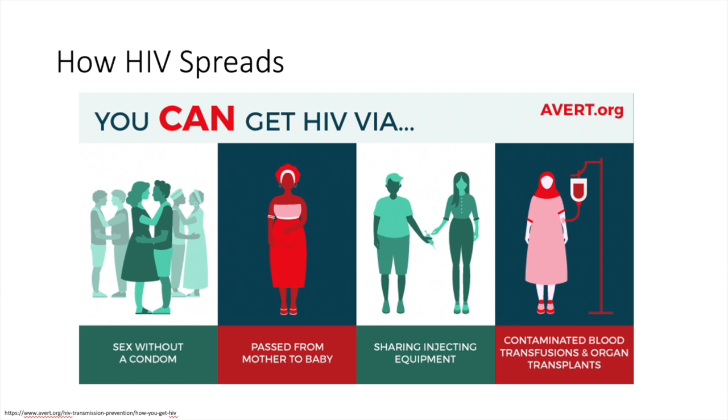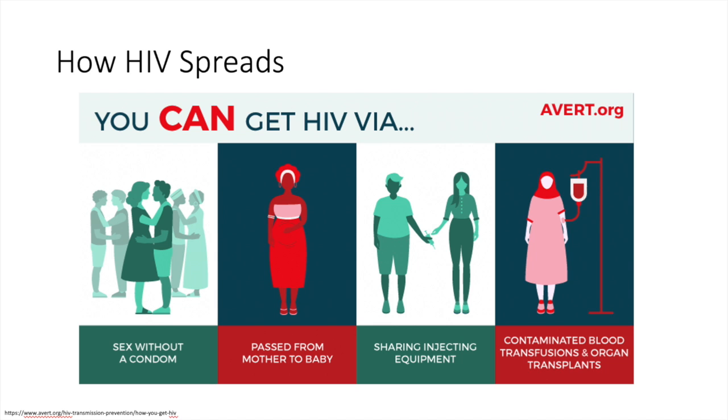HIV can be transmitted from person to person through certain bodily fluids from an infected person, including blood, semen, preseminal fluids, rectal fluids, vaginal fluids, and breast milk. These fluids result in transmission if they come into contact with the mucous membrane, damaged tissue, or are injected into the bloodstream. HIV is commonly spread through vaginal or anal sex with someone who has HIV, sharing drug injection equipment such as needles with someone who has HIV, as well as from mother to child during pregnancy, labor and delivery,